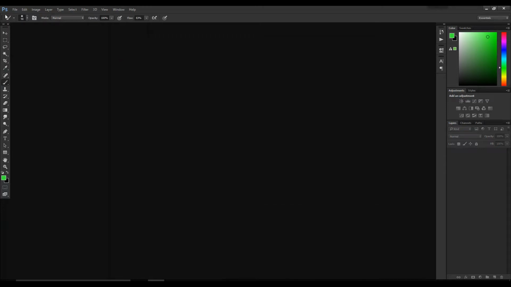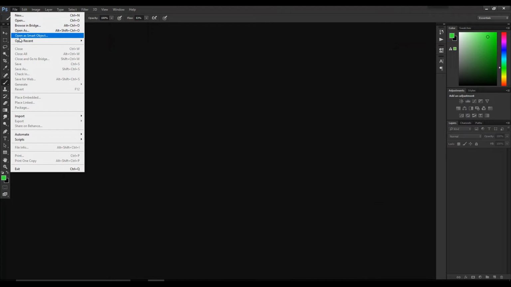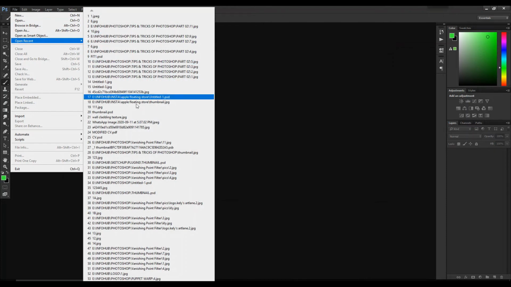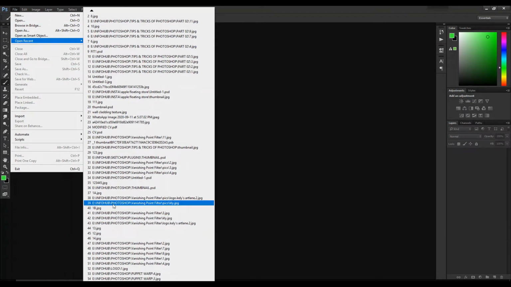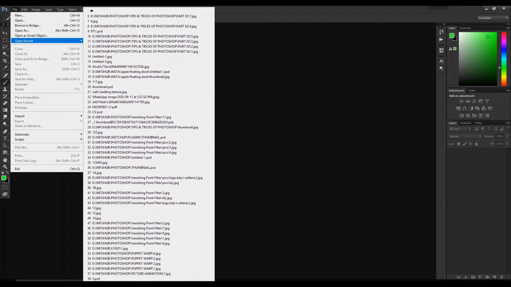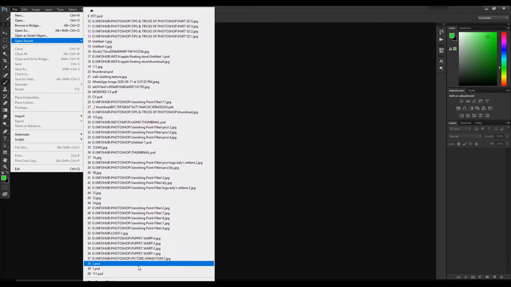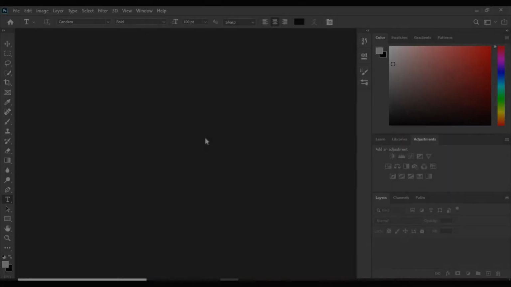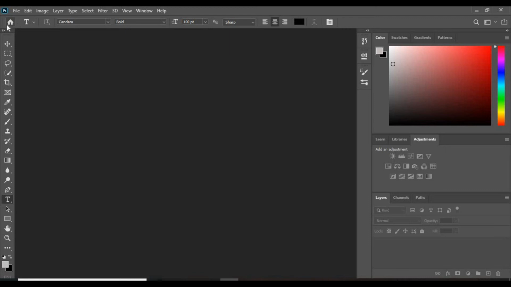Okay. Now if you see, if I go back to file and open recent, I will get all the 60 files which I have been working on. As you can see, I will get a list of all the 60 files I have been working on. But adding to this, now in case suppose we don't remember the name of the file, so in such a case what we can do is, as you can see this home icon on the left top corner of Photoshop, simply click on this.